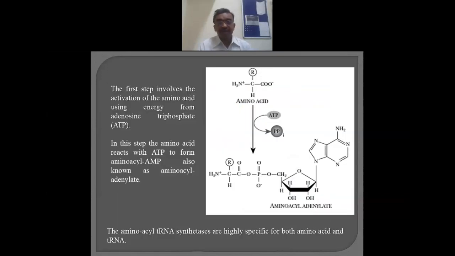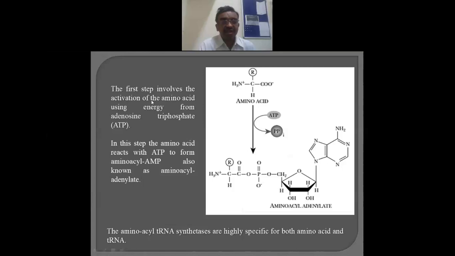The first step in translation is activating the amino acid, because amino acids are required for protein synthesis. Proteins are nothing but polymers of amino acids. There are 20 amino acids, and for the 20 amino acids, codons are also there. But first, this applies to all amino acids; only R is different. Whether you see the PowerPoint presentation, there is no problem. Now, in the first step, what happens?